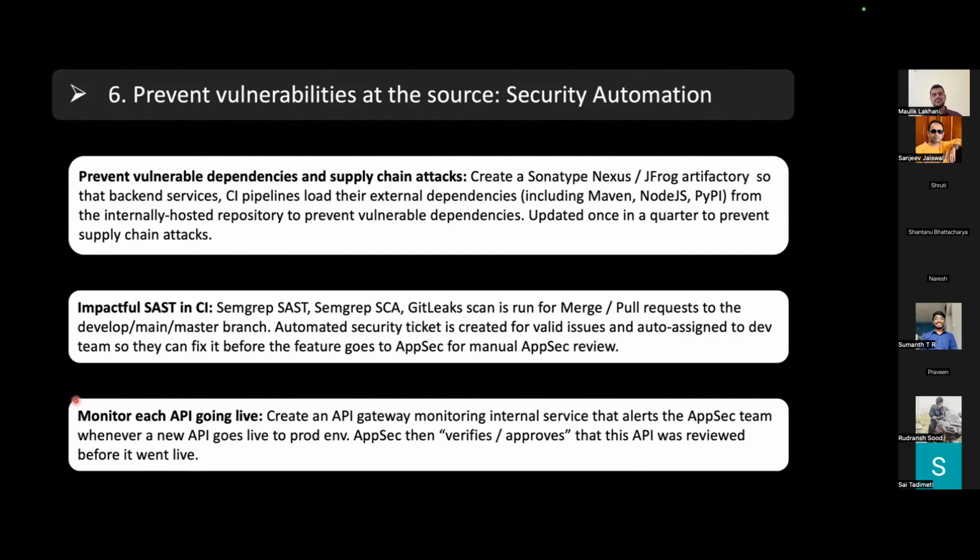Then your team can comment that this API was verified or reviewed. If there is an API which has gone live without your approval, you can go back to that engineering team and say let us perform a quick review of this API so that this API is also secure.